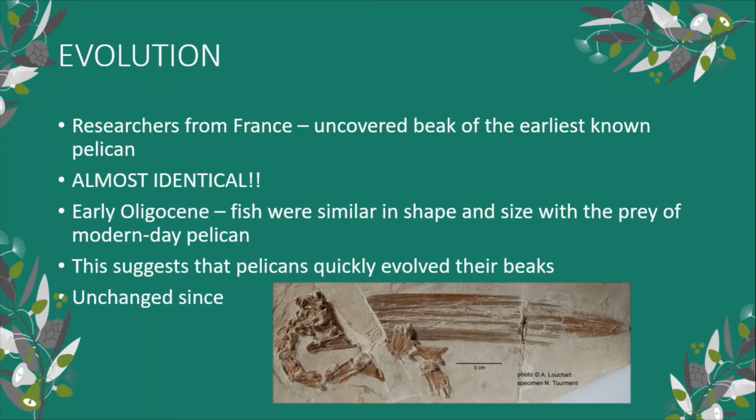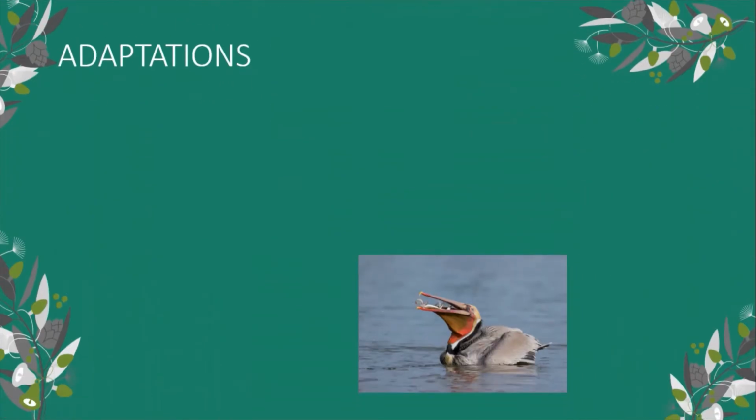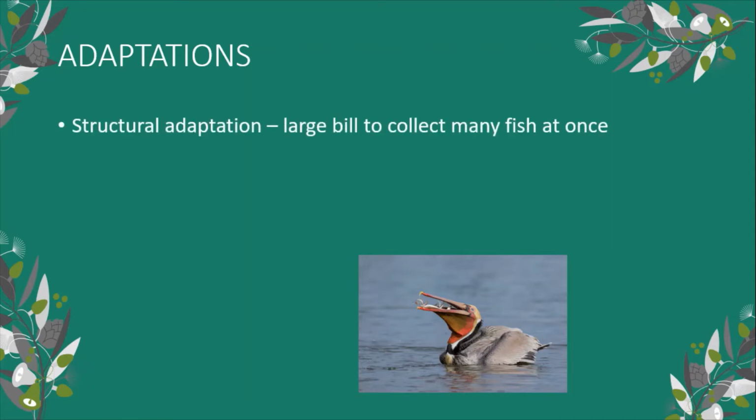for feeding. Because there is data available for comparison, we can make an informed conclusion that indeed the pelican has not drastically evolved from its ancestors. A structural adaptation of the pelican is its large bill. This allows the pelican to catch its prey, most commonly fish, in its bill and carry it back to their